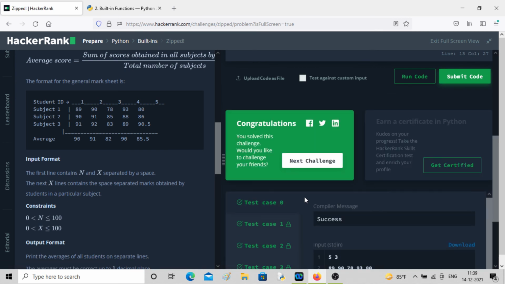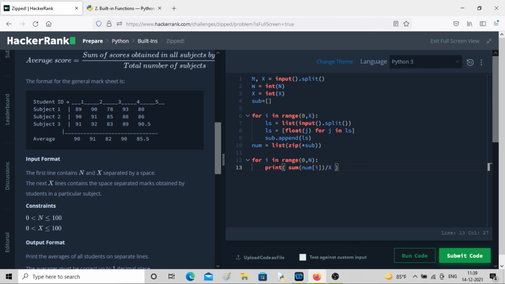Okay, so I'll explain again what I've done. Initially in line 1 I've taken the values of n and x. Since they are in string format, in the second and third lines I've converted them into integer form, n and x. Then in the fourth line I've initialized an array called sub. Then in the sixth line I ran a for loop.